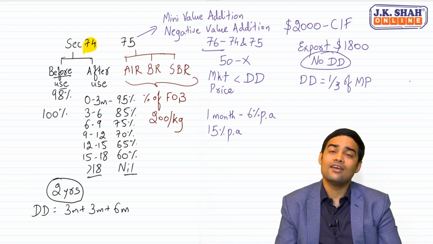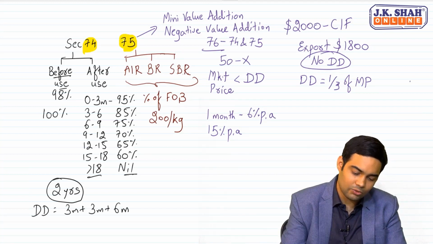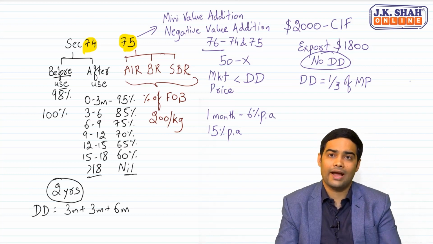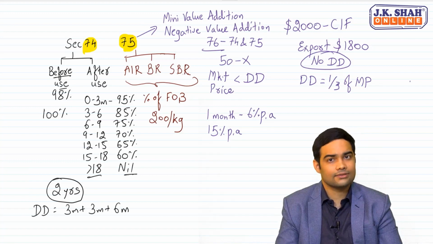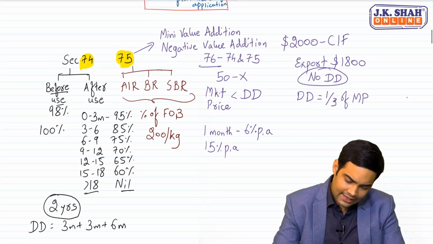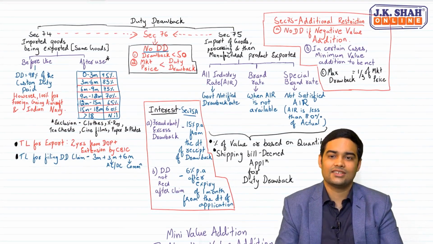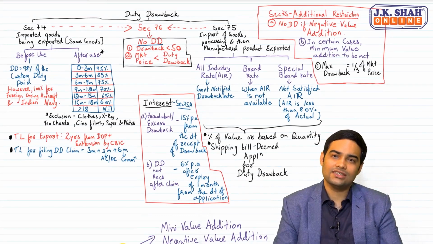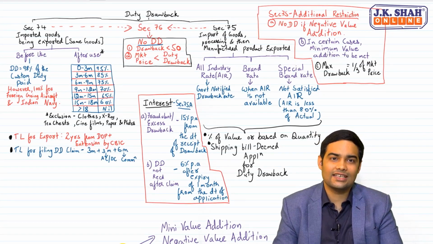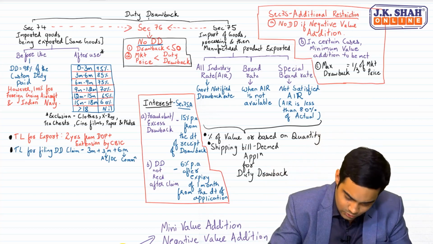And remember, while claiming section 75, shipping bill is deemed to be claimed for drawback if you have mentioned that this export is under drawback. Yes? Okay. Let's have a look at all the provisions which we have discussed. Now, except for supplementary claim, this has all the provisions. You can use this one day before the examination to recall everything. Let me quickly take you through this.